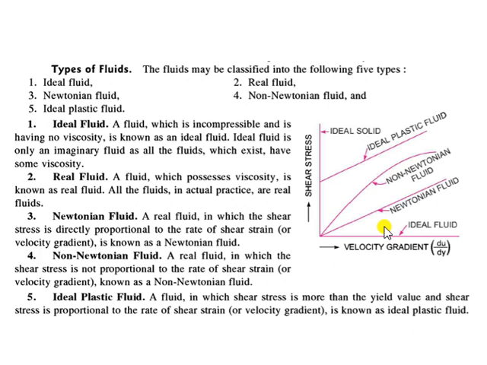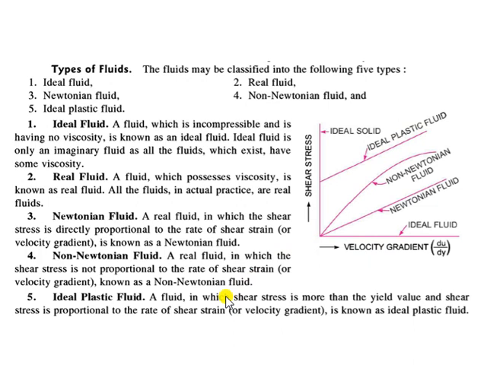Similarly, if I talk about plastic fluids, you can see from the diagram also, this is a plastic fluid. At zero velocity gradient also, you need some kind of stress. That means even to start the flow, you need a large amount of stress to make this fluid flow. You need initially a large amount of stress. But once the fluid starts flowing, it becomes proportional to the rate of shear strain. Fine. So such types of fluids are called ideal plastic fluids.